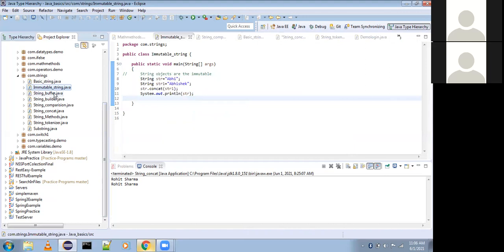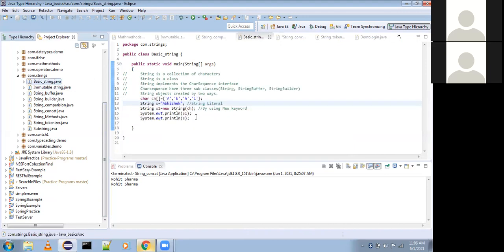Now in that basic string, you created it directly as a literal, and then you created it with an object. So what will you get out of this? What is the difference between them? Actually, one is stored in the stack memory, and the other is stored in the heap memory. That will be stored in the string pool, line number 13. Strings will be stored in the string pool, not in the static memory, right? Yeah, okay, go ahead.